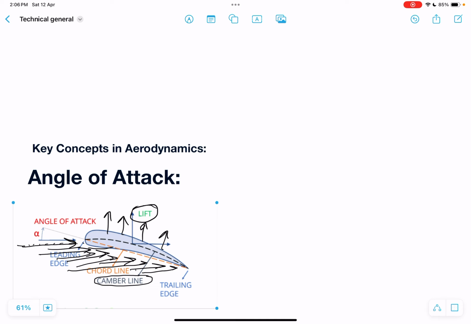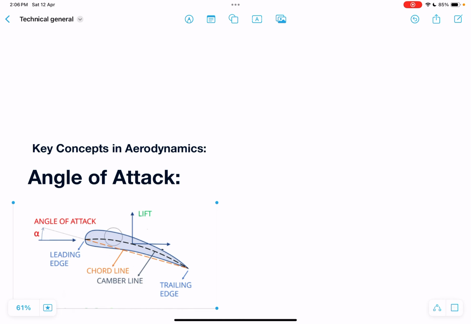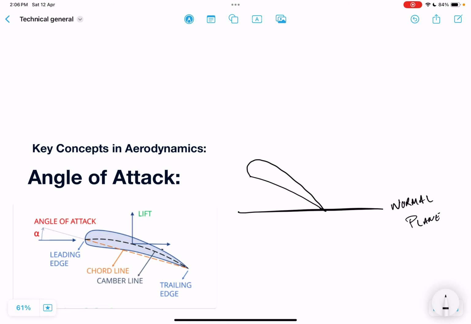The first component is going to be what? Angle of attack. Now if you look at the drawing, you will see there are multiple lines going from start to end, and there are arrows and whatnot. To understand in basic layman's language, let's consider this is a normal plane. Right. Now keeping the same wing area on this drawing, to understand this basic concept, we need to know, or at least remember,